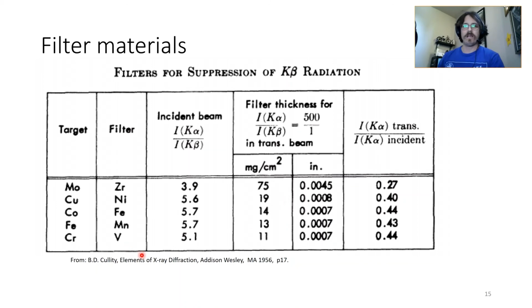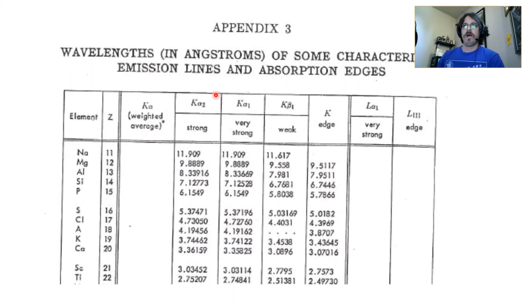So anyway, again, from B.D. Cullity, written in the 50s, seminal work on X-ray diffractometry. Here is the absorption edge. So I'm going to give you this table as well, and it's pretty much every element or most of the elements on the periodic table,